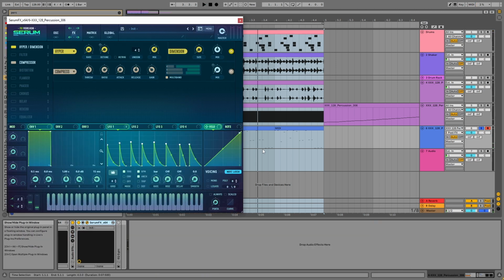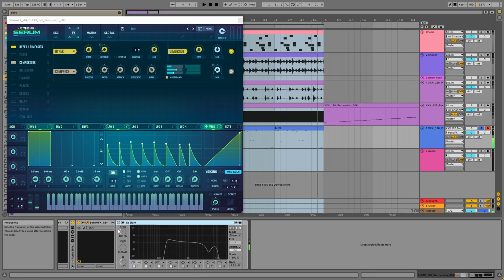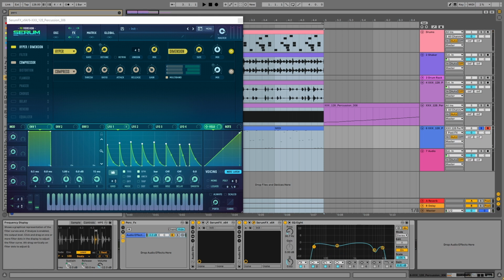Right, there is another Serum FX with a hyperdimension and an OTT, but the high band is modulated by an LFO, so basically I want to filter the lows. So basically with that I just want to create some transient when a higher frequency is only present on the edge of these little peaks. And an EQ in to chop off the very highs, the mid highs and the lows obviously. But if you want to get back the lows,